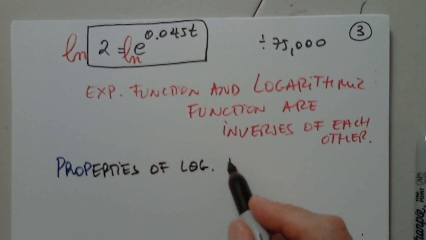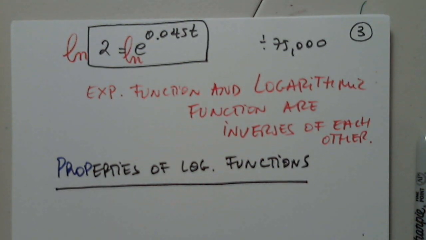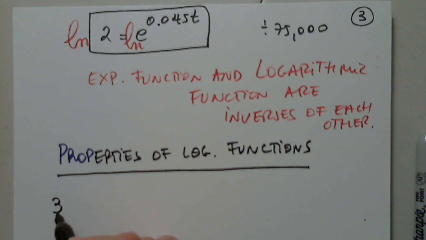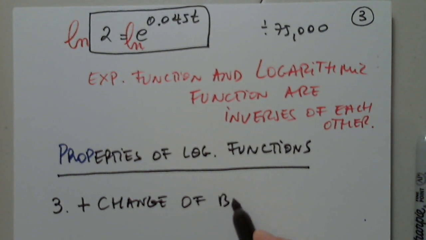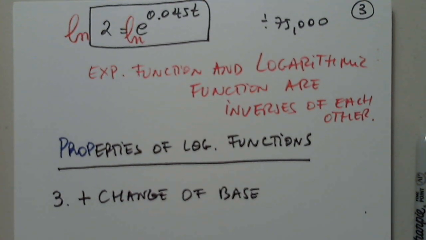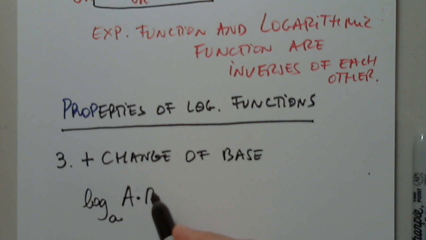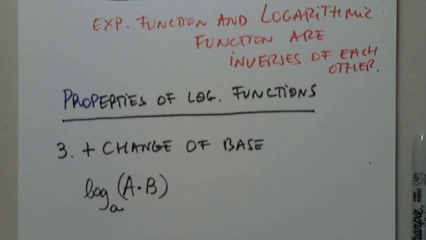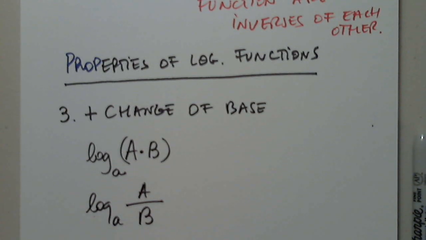Of log functions. Properties of log functions. So basically we have three properties plus change of base. Okay, so the three properties that I'm talking about: log in any base of a product, that's one, the product rule; log in any base of a ratio, or quotient rule; and log in base